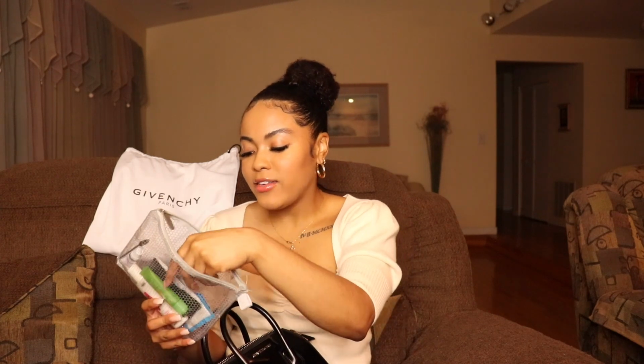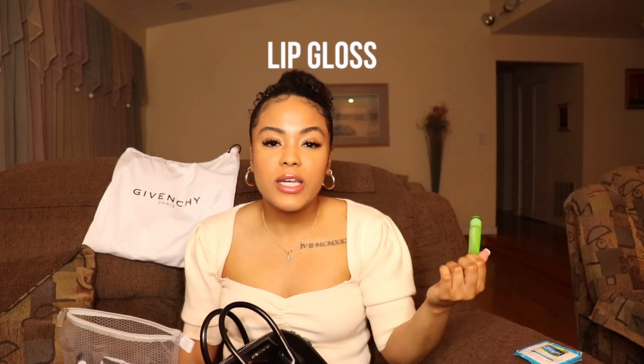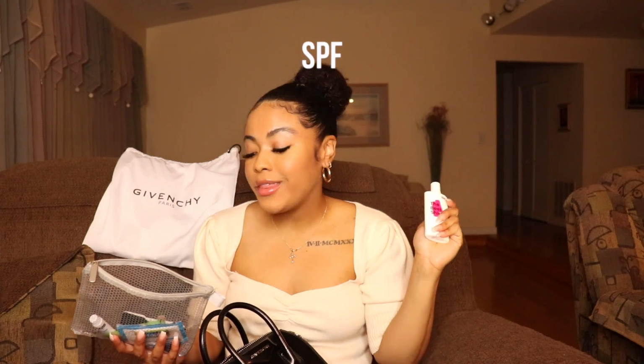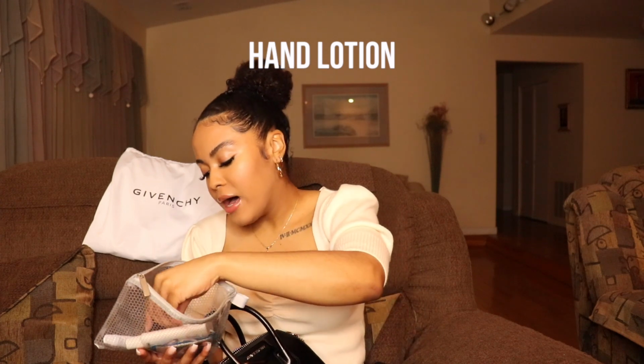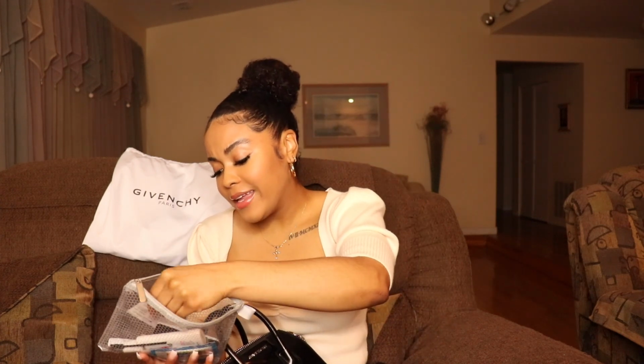The first thing that I have in here is Cetaphil makeup wipes, just in case I have makeup on. I also have, oh my gosh, this bomb lip gloss. If you're looking for a good chapstick on the market, I recommend Laneige. This is bomb. This is the pear flavor. I also have the grapefruit flavor. I keep one in my car, one in my purse. I have SPF, girl, sun won't be playing with me, okay? And I also have a little sample hand cream, my lash brush, gotta keep the lashes popping, a band-aid, okay,